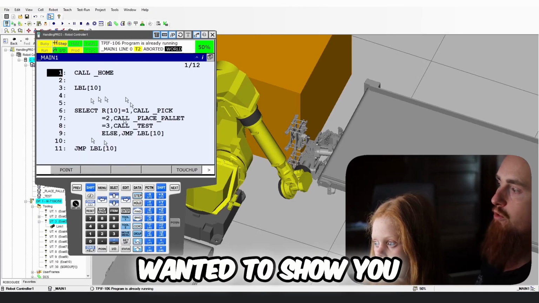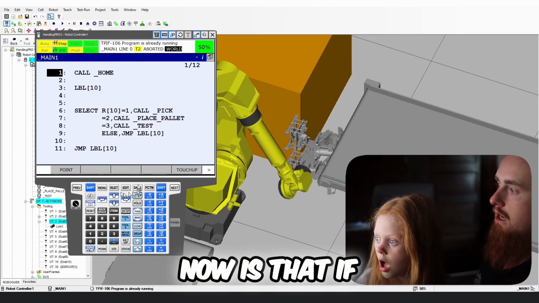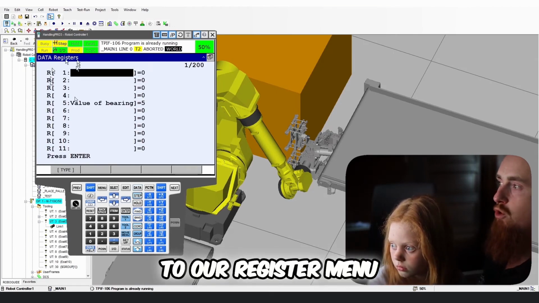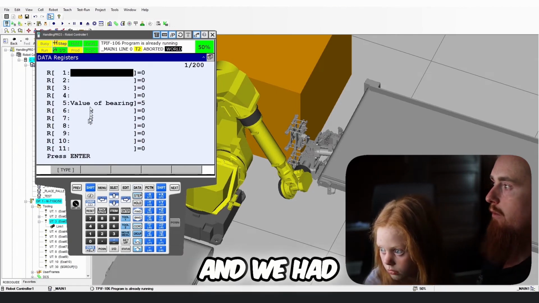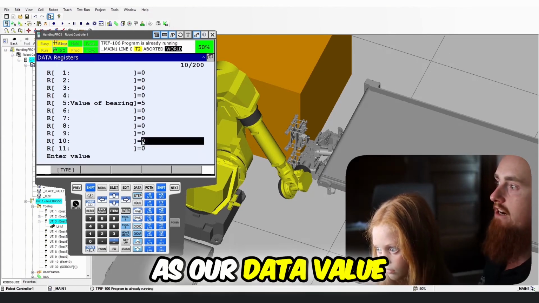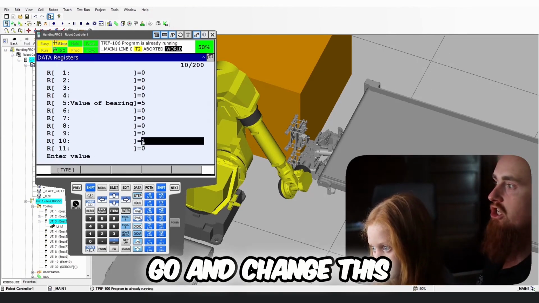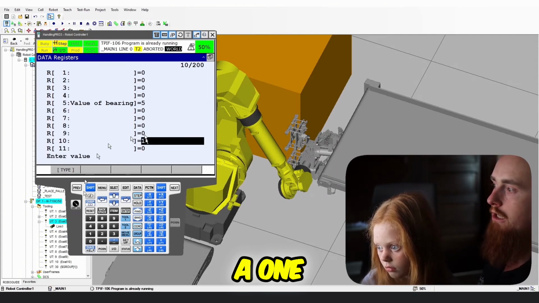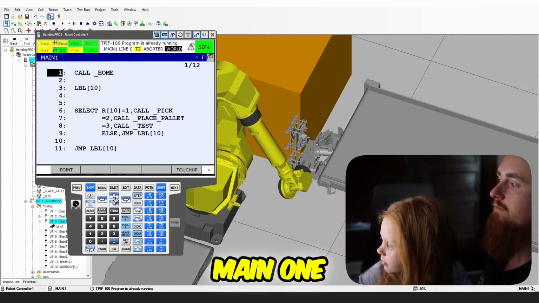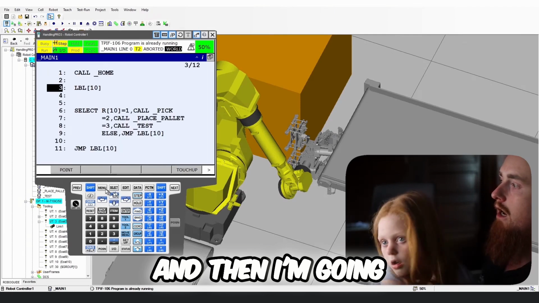The thing that I wanted to show you now is that if I go to data, this will take us to our register menu. And we had selected register number 10 as our data value. So I'm going to change this register 10 to a 1. We're going to go back to select, go back into our main one, and then I'm going to run through this